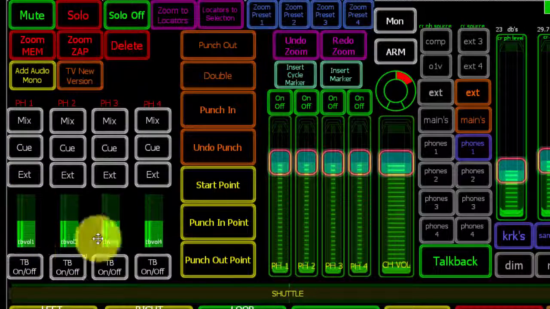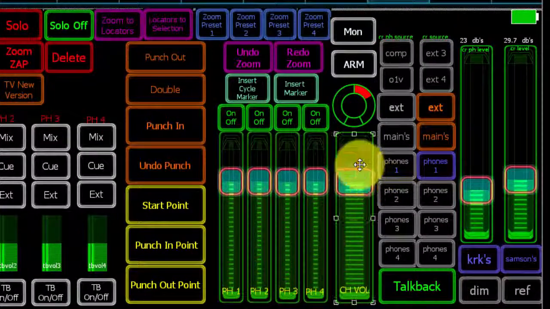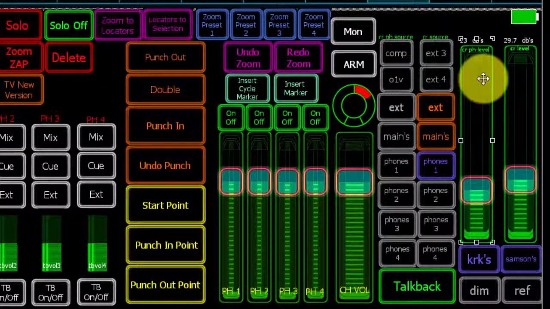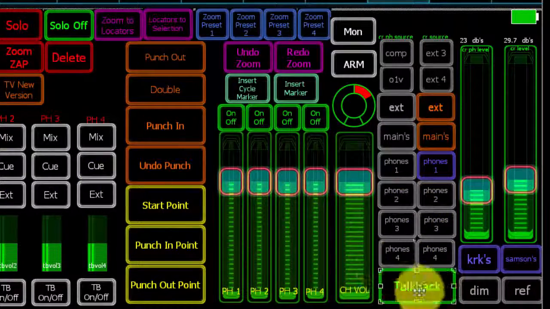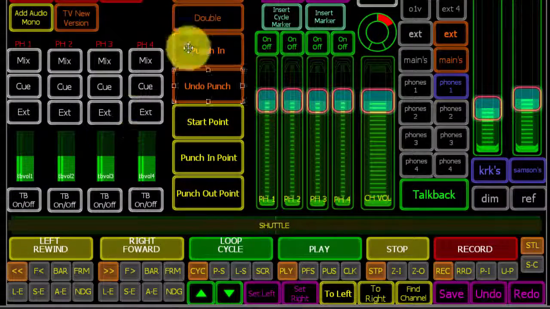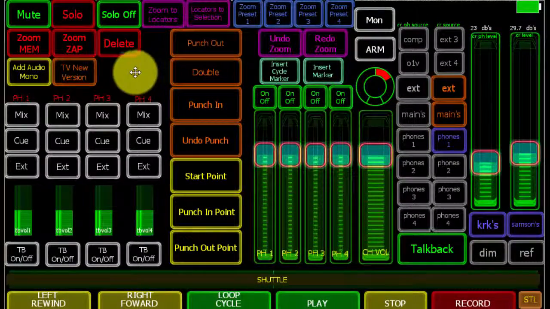These are talkback volumes, talkback on or off. These are all the 4 headphone volumes, channel volume, channel pan, and then I also have the control room level and control room phone level, and I can also listen to any one of the phone mixes if I want to. And here's my talkback, and once again extended transport section, and then a few basic commands I use with